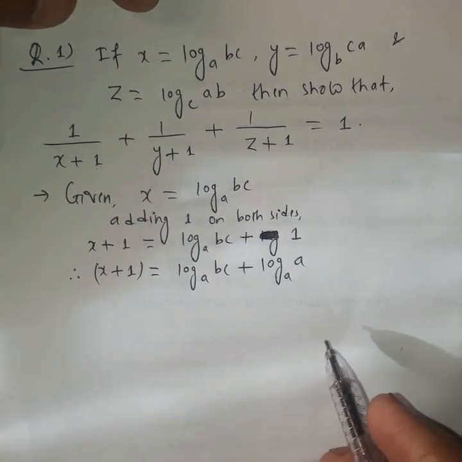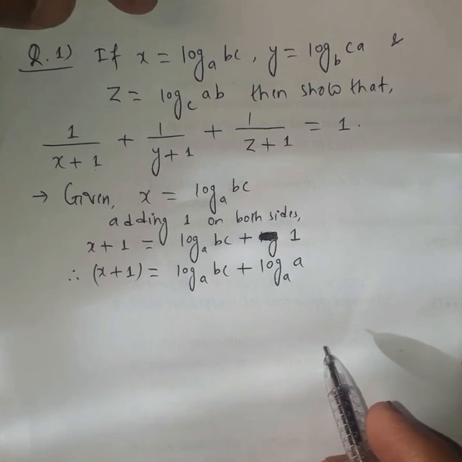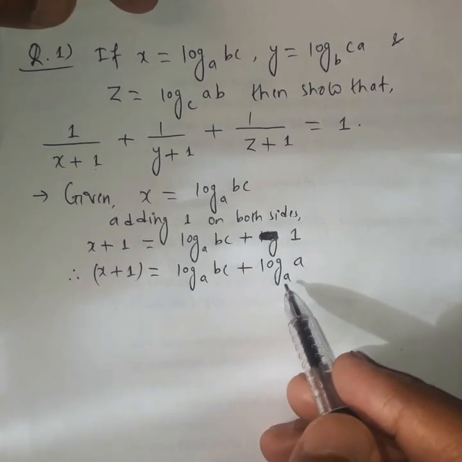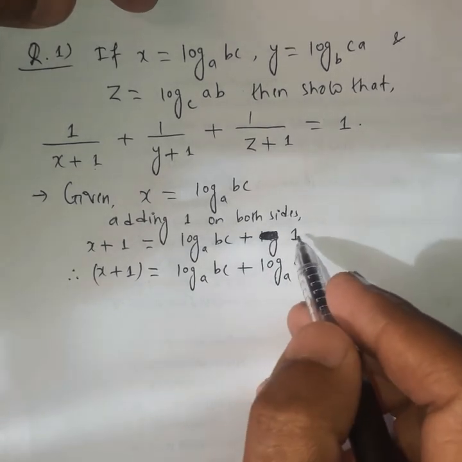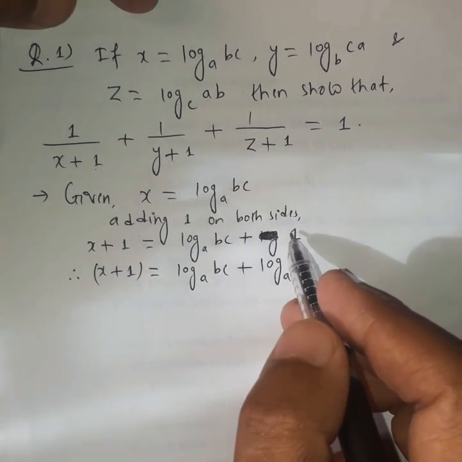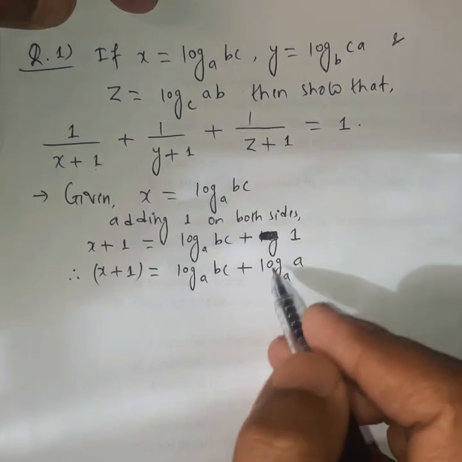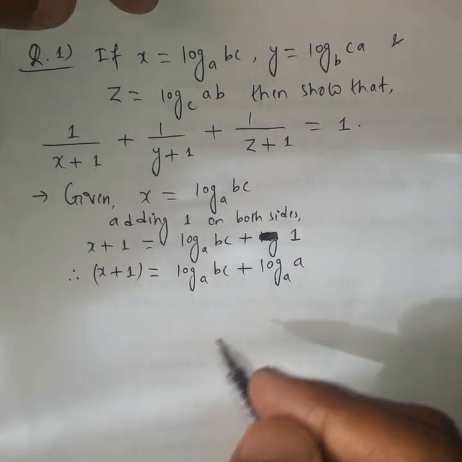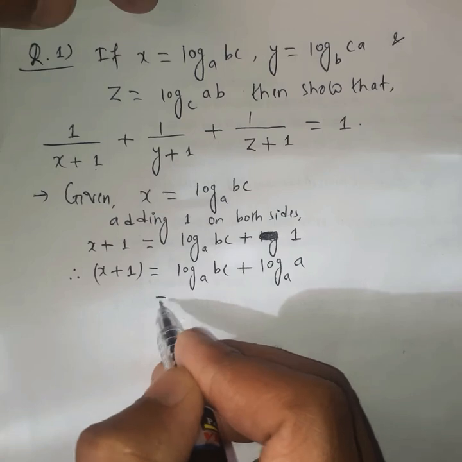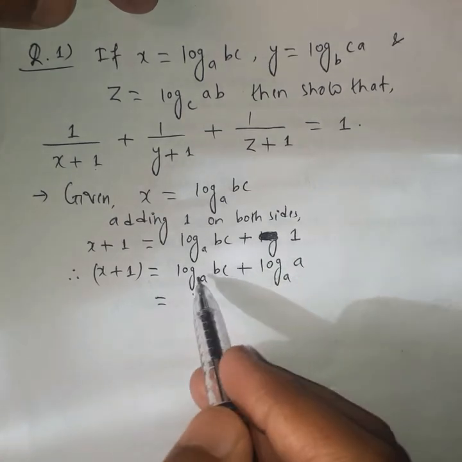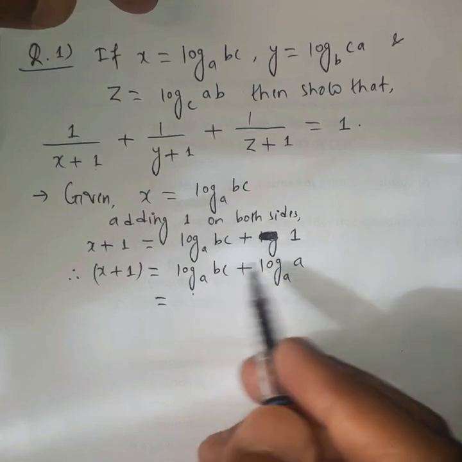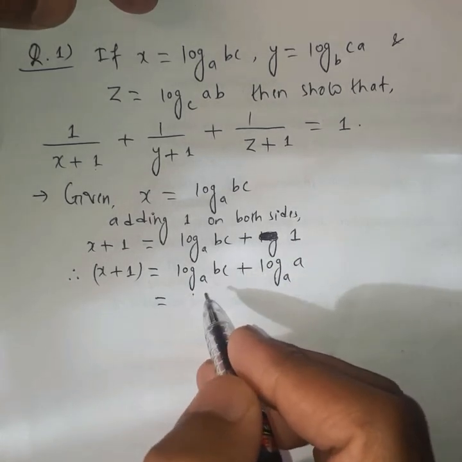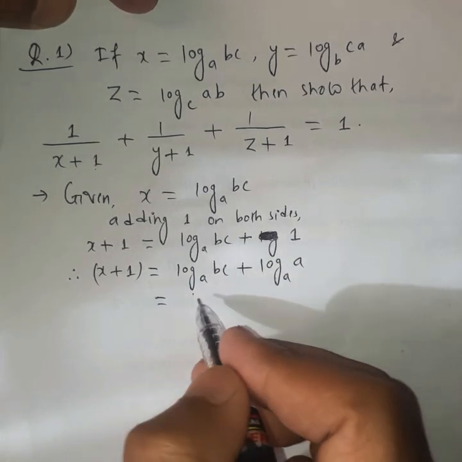Please remember this property of the logarithm. This is a very important property: if the argument and the base of the logarithm are the same, then the result will always be 1. Here we just replace this 1 by the logarithm expression. This can be further simplified, as the logarithms with the same base are added, so we can apply the product formula of the logarithm.